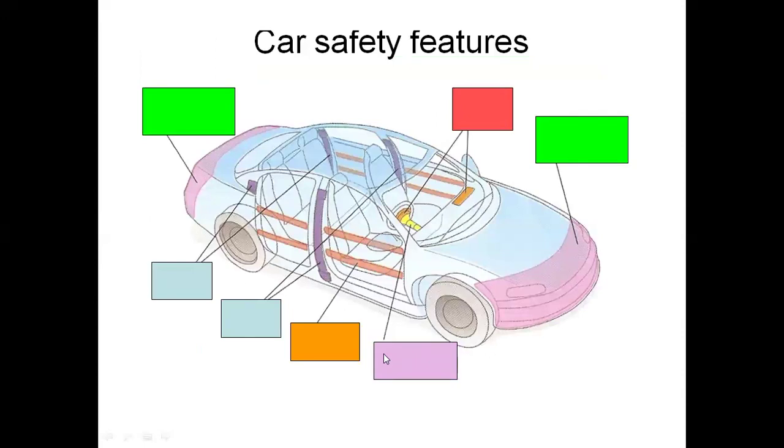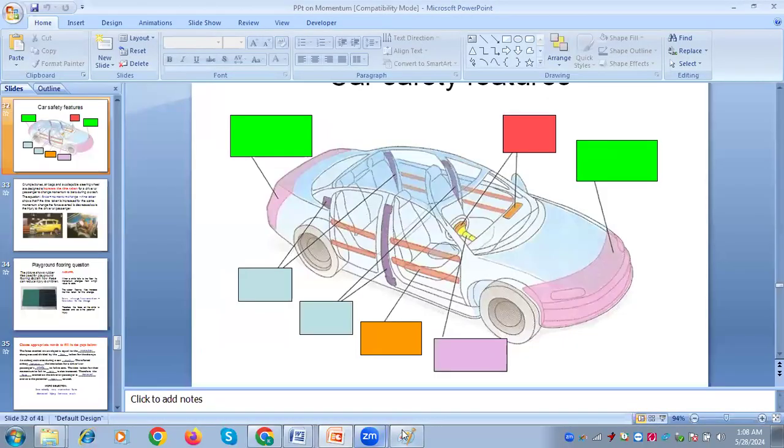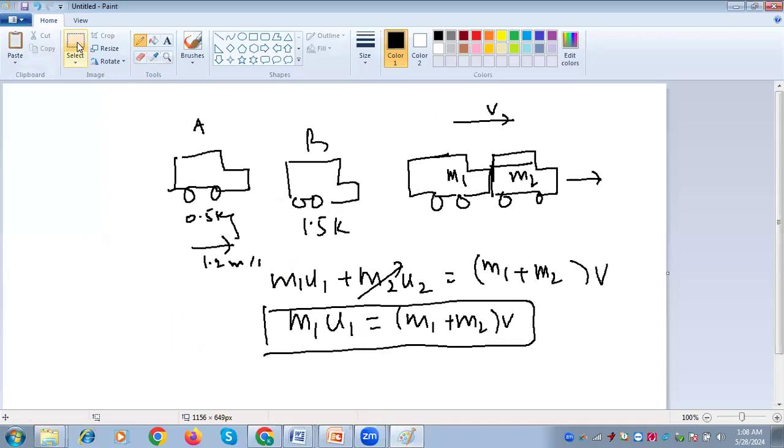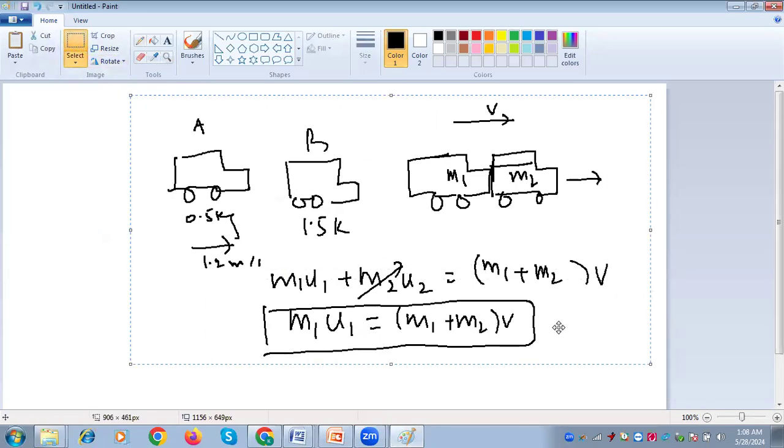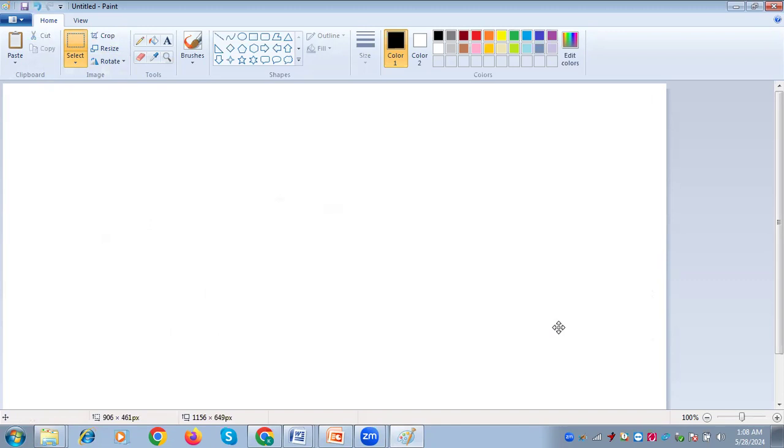Before we discuss further detail of this, I will explain a few points about it, that is, the action and reaction here. The girl applies force on the boy. So F is equal to ma.